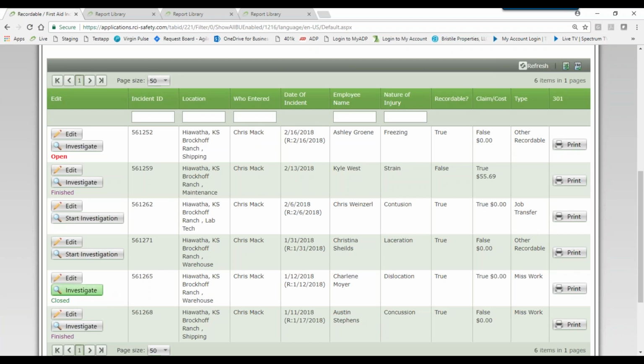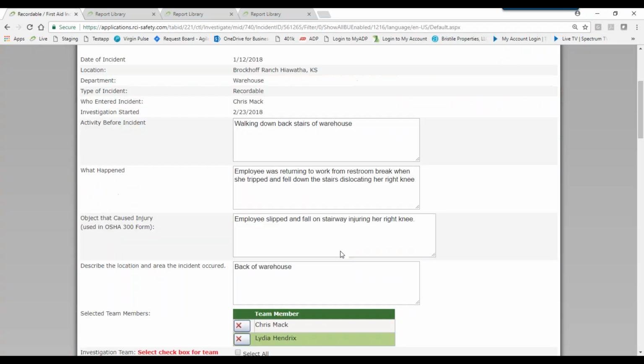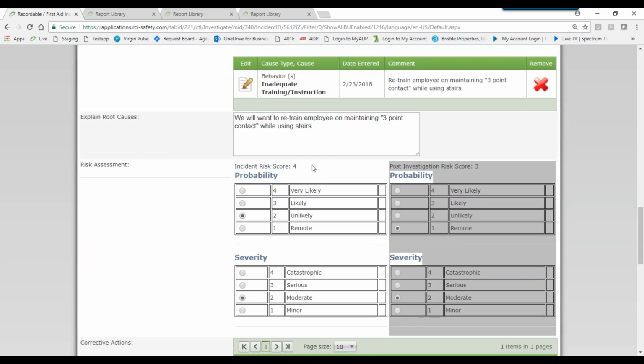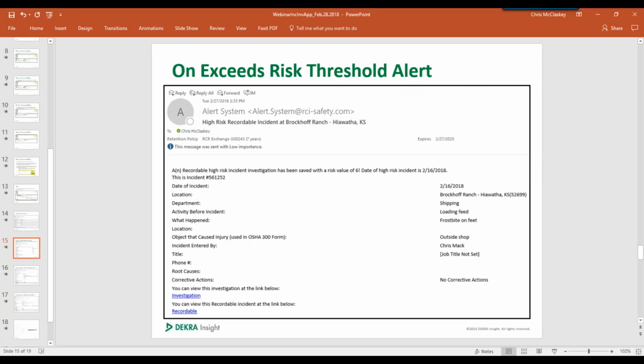Actually, sorry guys, I'm going to pop back to our investigation really quick. Don't mean to move back and forth. So I'm going to scroll down here to our risk assessment. If you notice, your risk assessments do compile a score. So for unlikely and moderate, we score a 4. In your company, the corporate users, again, can set up your risk assessment scores. So if our score was a 4, this would hit that risk assessment threshold, or if it would be higher,